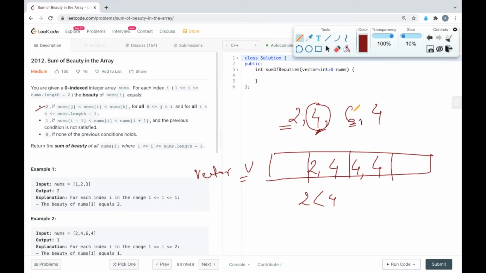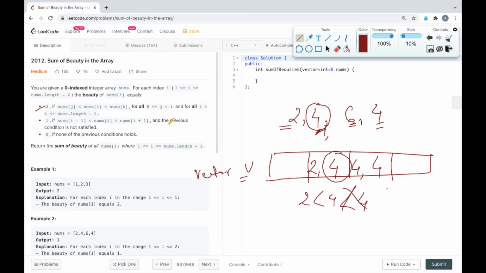And if we compare the second part of the condition, then this does not hold, because here we are having an element whose value is 4, and that is present on the right side of this. So for this element, the beauty can't be 2.